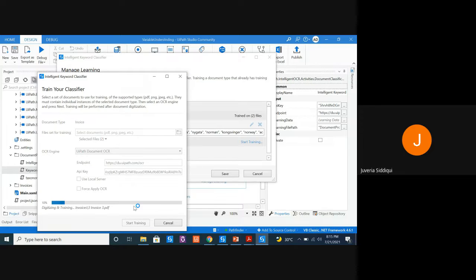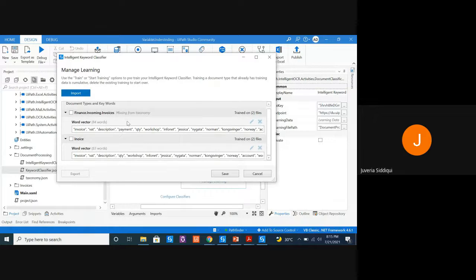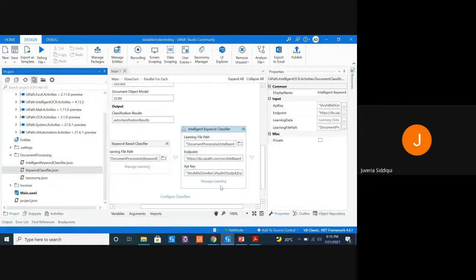It takes a few minutes of your time. So while it is training, you see it says digitizing and training. Why? If your document, whatever it has read through the digitization step, is scanned and not trained properly, it will re-digitize over here. Now, if you see, you have two options. You have two trained models. Which one do you want to use? Definitely, we've trained this for our purpose. I'm going to use this and I'm going to save this. Done. So we've managed the learning.